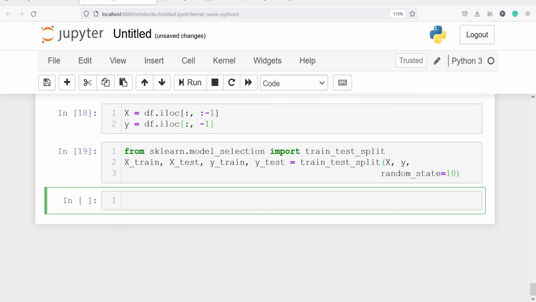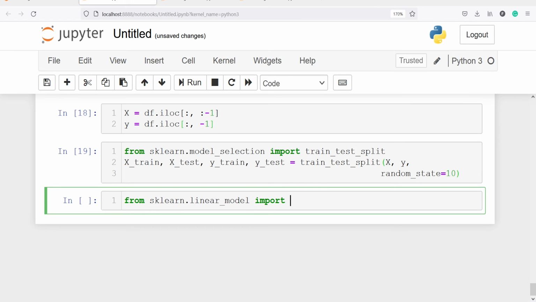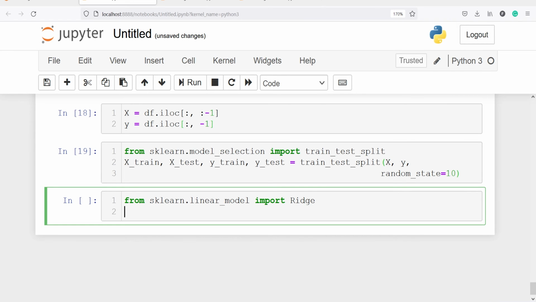Now we are going to import the ridge regression. So let's import from sklearn.linear_model import Ridge. Now we are going to make the object of this class Ridge. I will write ridge is equal to Ridge, and in this we will pass one parameter alpha, which is the penalty term lambda, and here I'm going to put the value as 0.5.